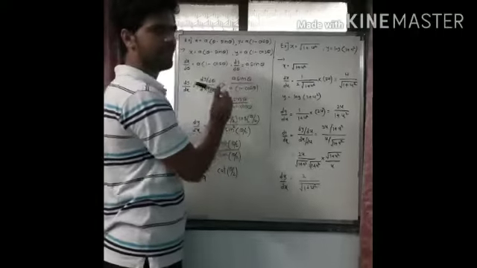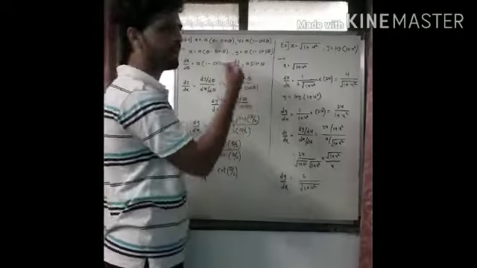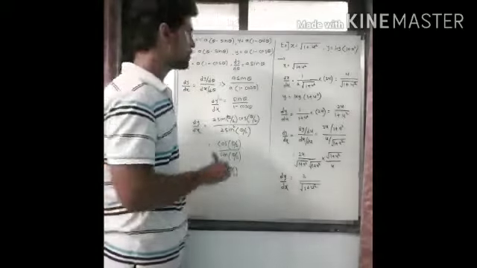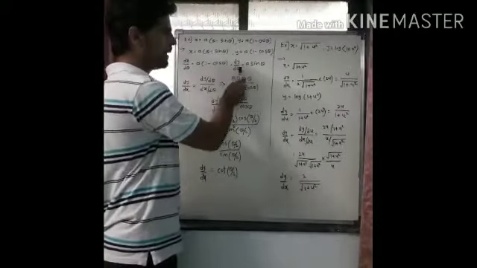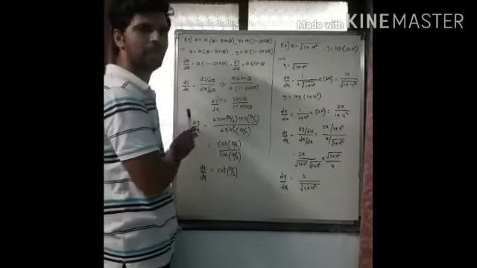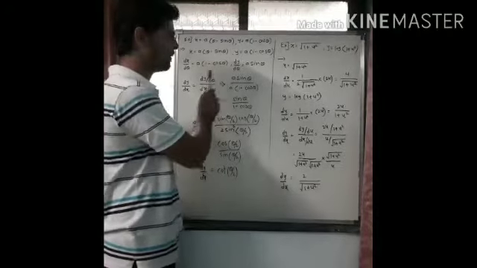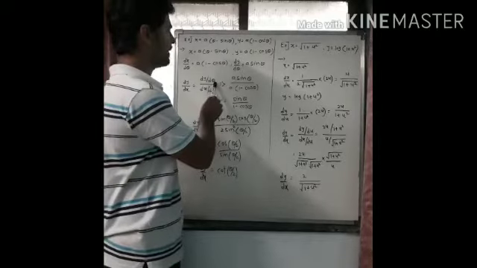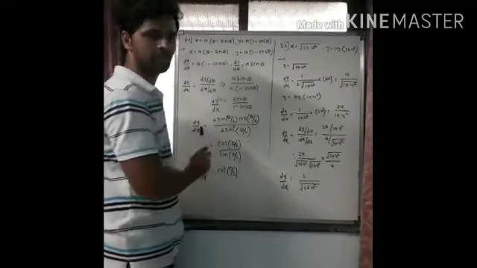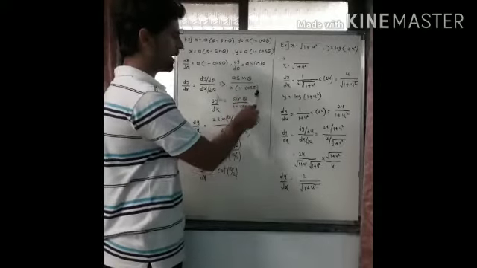Again a is constant as it is, derivative of 1 is 0 because it is constant, and derivative of cos is minus sine. So minus sine theta with this minus becomes positive sine theta. So we got dx by d theta and dy by d theta both. Now our formula was dy by dx equal to dy by d theta upon dx by d theta. Here we changed the parameter. Now dy by d theta was a sine theta, dx by d theta was a into bracket 1 minus cos theta. Now this a and a cancel out, so we are left with sine theta upon 1 minus cos theta.